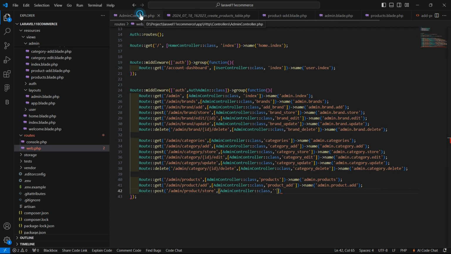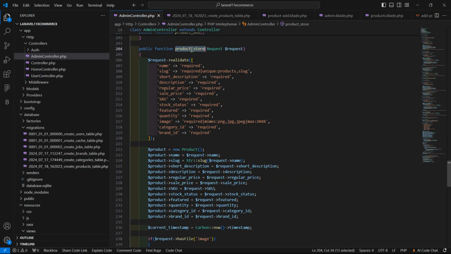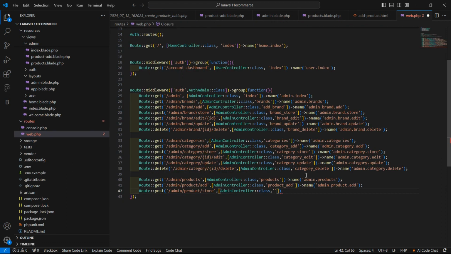this one, product_store. Okay, and then give the route name, which is admin.product.store. Okay, now let's copy this route name and save this file, and now go to the product add